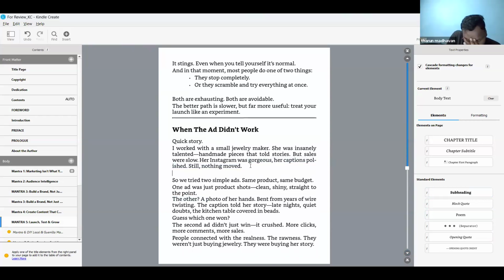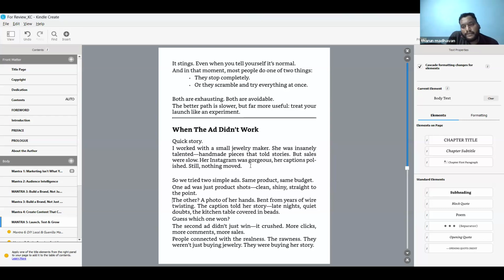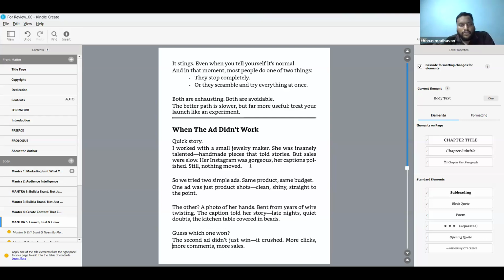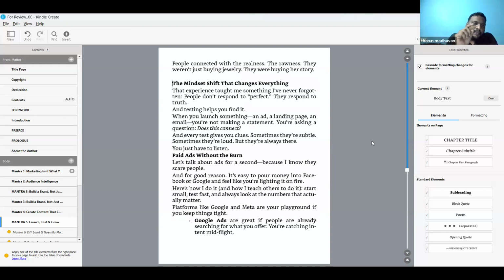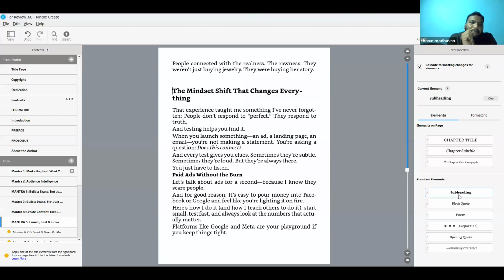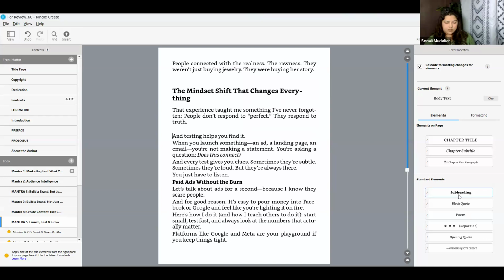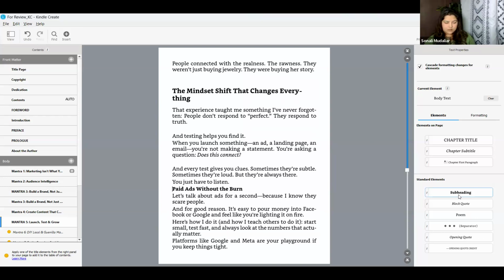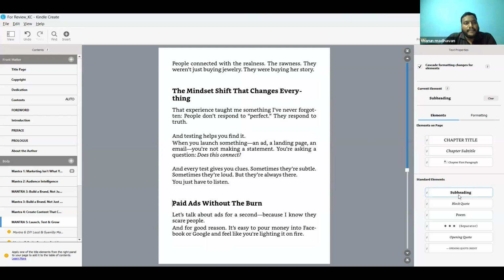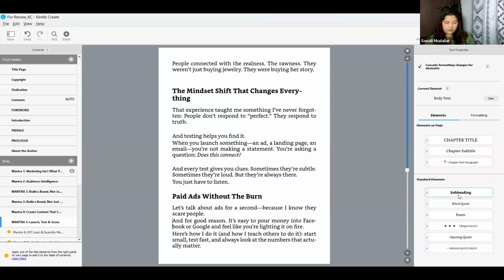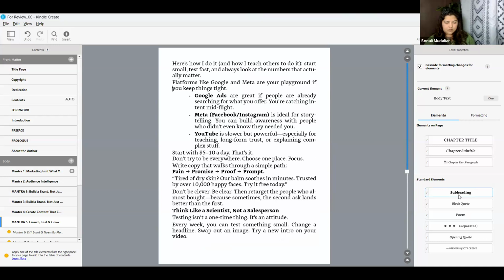If a line is to be changed to a subheading or block quote or something, do you need to click on the line, or should we have to highlight the line? Just click on the line. That's it. Anywhere in the line or on the first letter of the line? Anywhere on the line works.